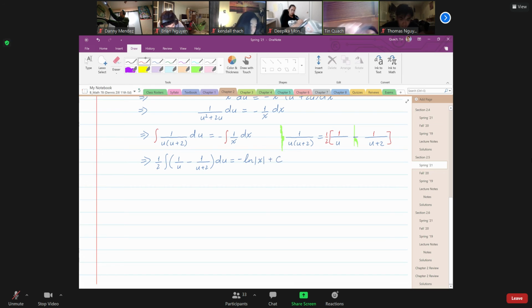I'm going to call it c sub 1 for now, because there might be more constants involved. So on the left-hand side, we have 1/2 times ln of the absolute value of u minus ln of the absolute value of u plus 2